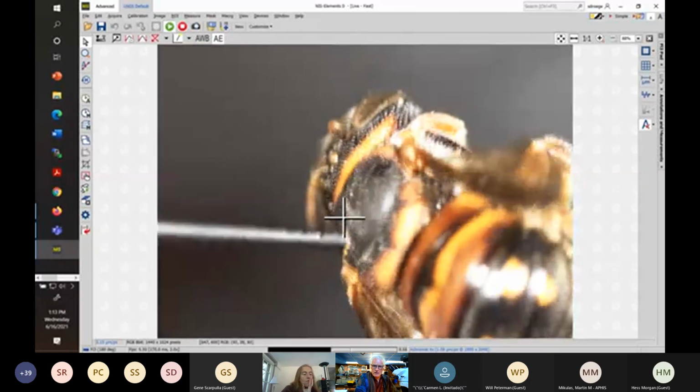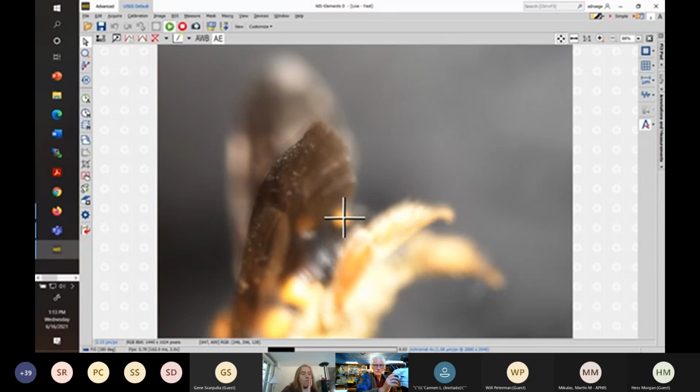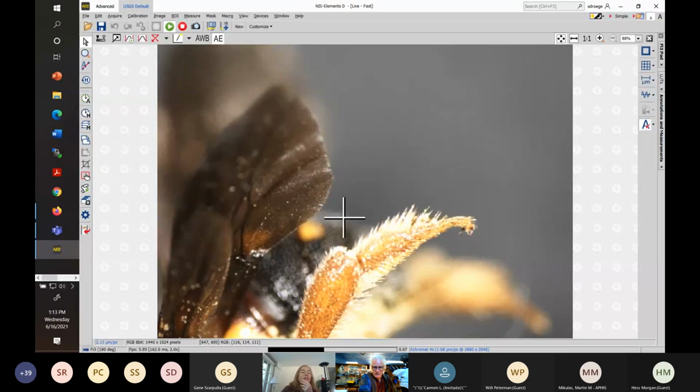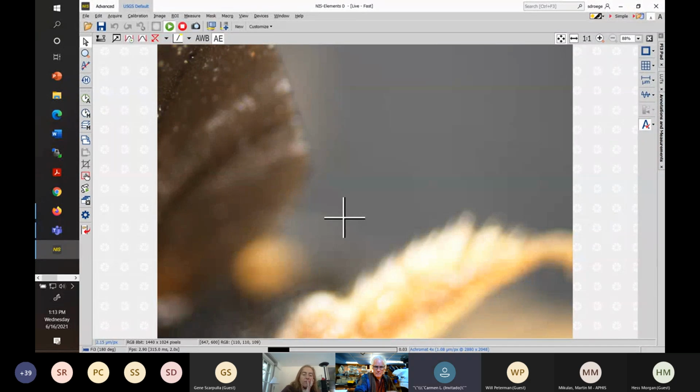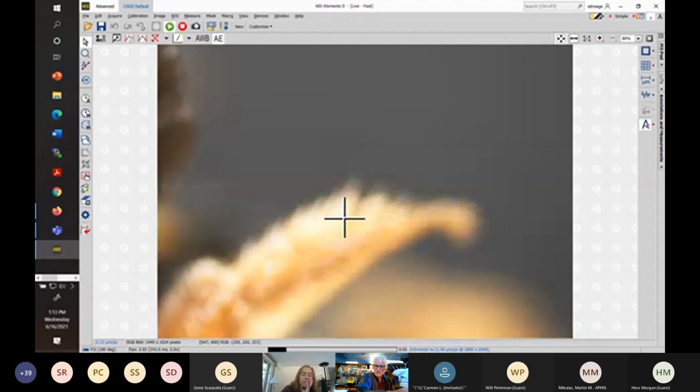So I need a shot of the leg here. This might be it right there. That will allow me to look at the pad between the tarsal claws and see if we can really, this is a small bee, so if we focus in now,